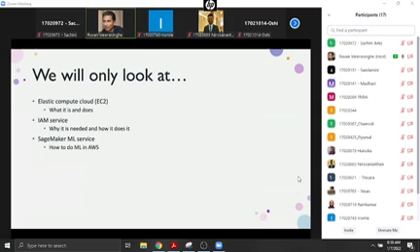Okay, so we are looking at only some of these, right? The first one is Elastic Compute Cloud, what it is and what it does. Very briefly, a single slide or two slides. The IAM service, why it is needed and how it does it, right? A very brief thing. But our main focus is on how to do ML using the Amazon service for this, called SageMaker.